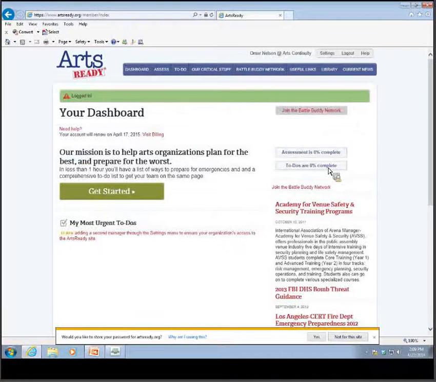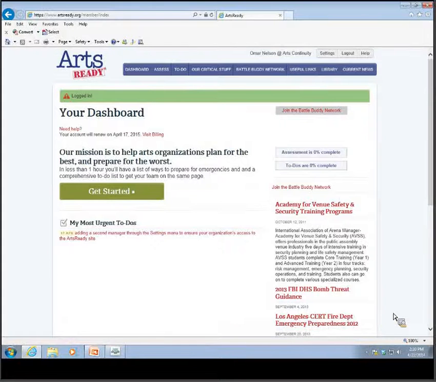All right, so upon entering my ArtsReady account, I am first taken to my dashboard. The dashboard provides some very beneficial pieces of information. The most beneficial to me is the status of where I am at with the development of my readiness plan using the ArtsReady platform. The development plan through ArtsReady has 4 stages. The first is the assessment stage, which we are training on today. The second is the to-do stage, and that is where you will spend the majority of your time developing your